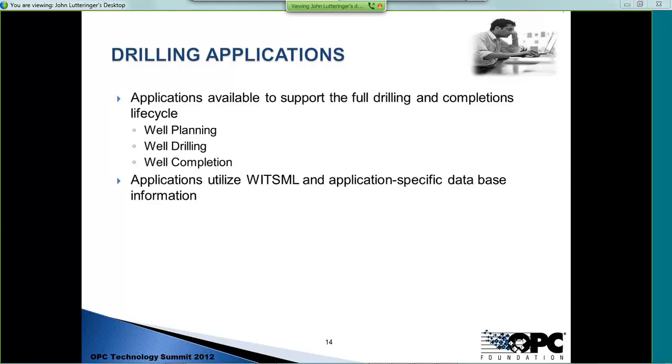And applications utilize the WITS-ML and application-specific databases for information. So it's really a combination. The WITS-ML is the real-time information, but there are additional table entries in there for other aspects of it. So if I'm doing well planning, as part of the planning phase, I have to specify how much casing I'm going to be using, what's the size of the casing, how much mud I'm planning on using, and that information gets recorded in various database tables